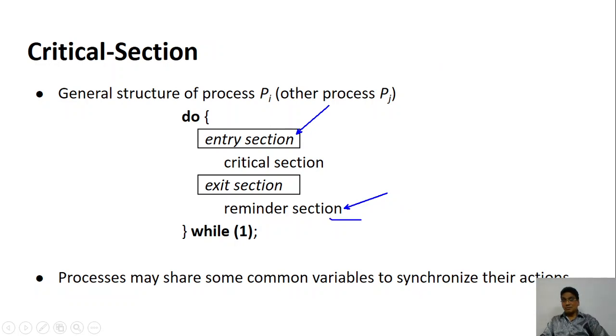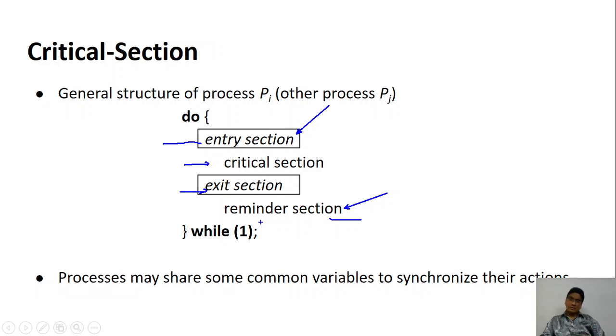If the others are here, it means the other came here, took the permission, went to the critical section, completed the critical section, and is doing the remaining section, whatever that is. What is the meaning of saying remainder section? The section that has nothing to do with the shared data. They can do something on their own. Every now and then they don't have to come to the shared memory.